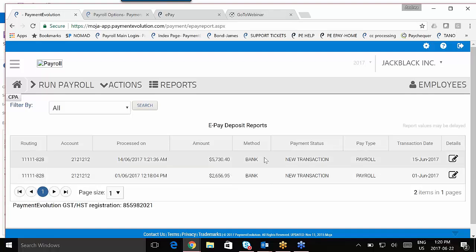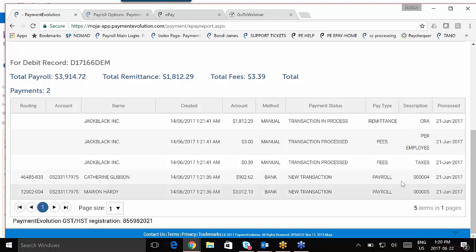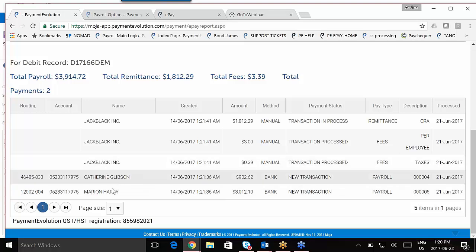So the method will be listed here, and we click on the details, and down below it's going to show us what's happened with regards to the money that's come out of our bank account. So whether we're sending it or you're sending it to us, doesn't matter. It will show us the details. It'll show us the employees that were paid. It will show us the remittance amounts. If you are in